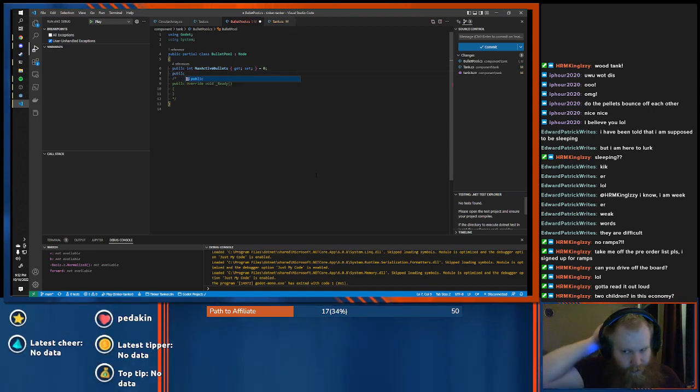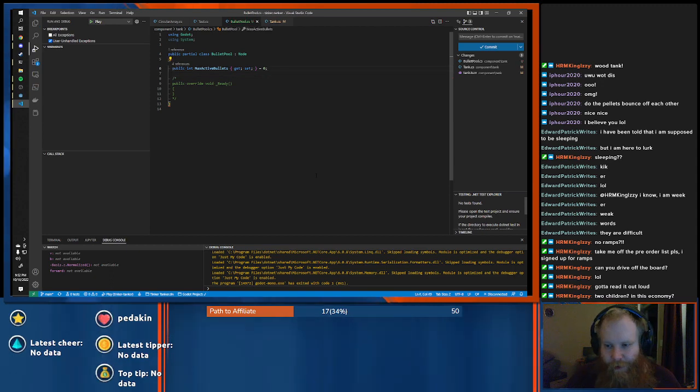Well, there's not really any case that max active bullets and max queued bullets need to be different. So I'm not going to worry about that.